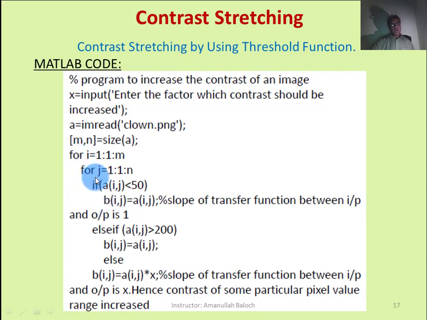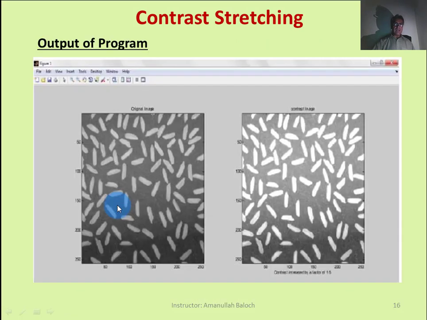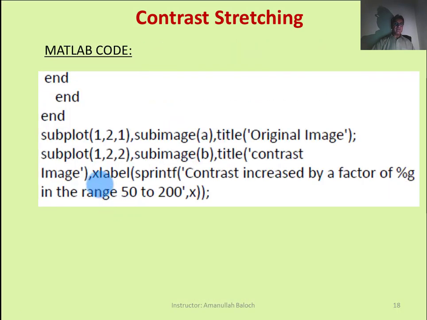So there are two for loops and one if statement, and each if statement contains one end and each for loop contains one end. There are two for loops and one if statement, and you may see there are three end statements here. This is the end of the external loop, this is the end of the inner loop, and this is the end of the if statement. We study the program code.